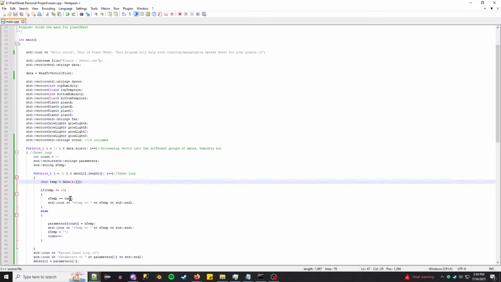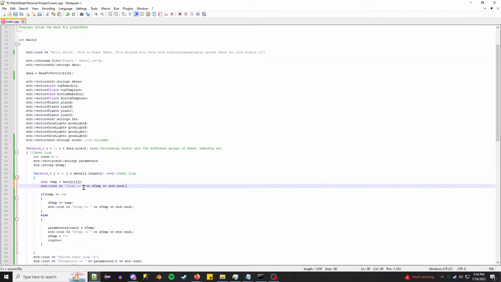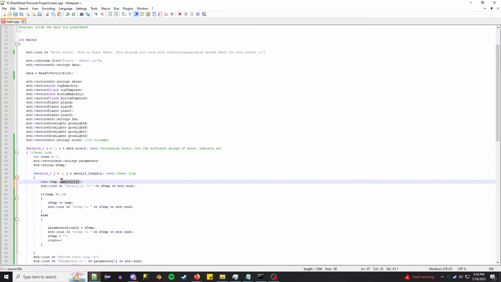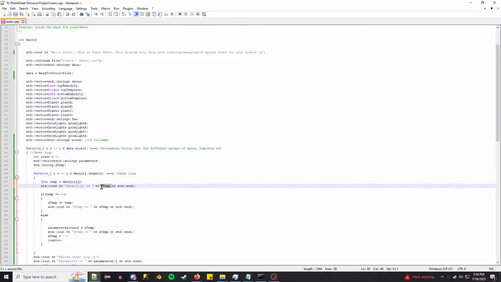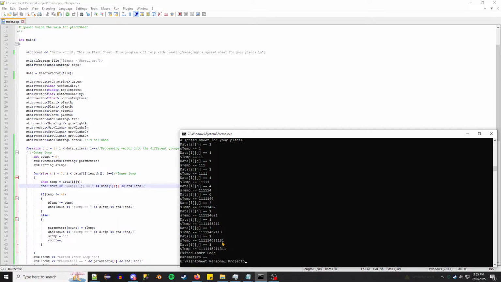So that means the first element of i. See what temp gets equal to. Okay, yeah, so